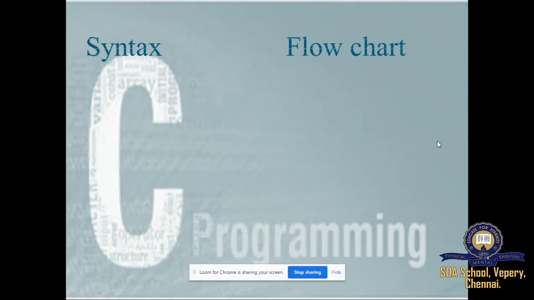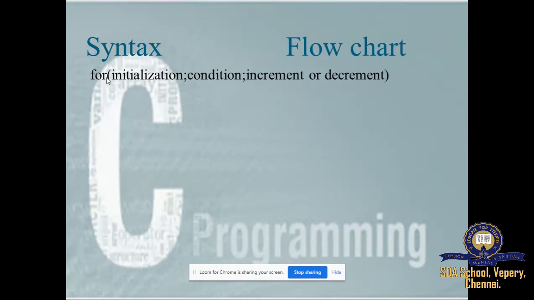Okay. So the syntax of the for loop is: for, initialization, terminated with a semicolon, condition, semicolon, increment and decrement, and then the statements within the for loop. You might have one doubt. For all C statements, you should terminate with a semicolon. So if you terminate with a semicolon here, what will happen? Yes, it will execute only once. It won't go for multiple times since you have terminated with a semicolon. So for a for loop, you should not terminate with a semicolon at the end, since it has to execute multiple blocks of code.